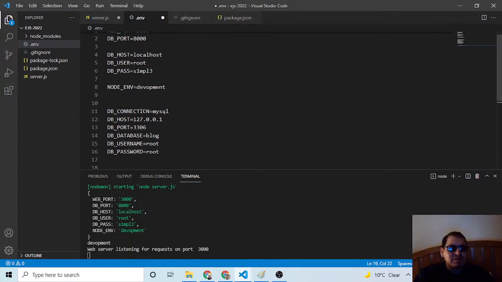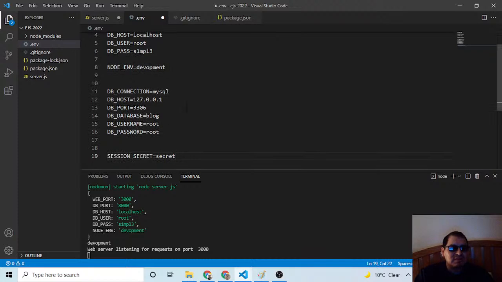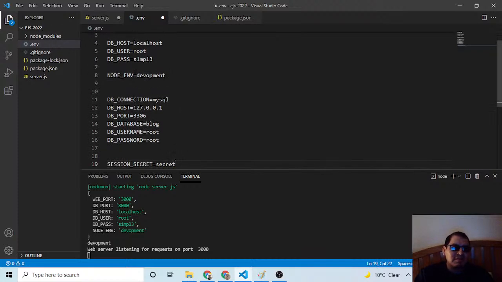Okay, so database connection, MySQL database host. It can be a localhost, it can be, I don't know. Then it's a DB port, a database port, and DB database blog, the username, the password. I think this is a much better way. Let me check this.